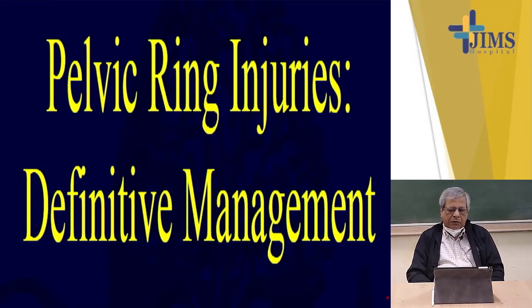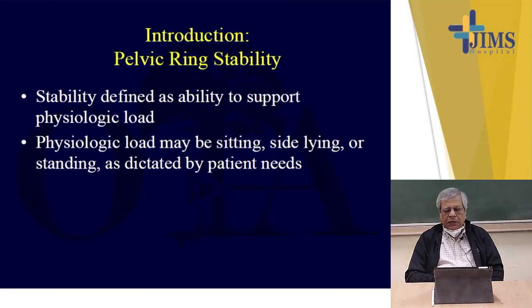But we are more concerned about the high energy injuries, whose incidence is rapidly rising because of motor vehicle accidents, either a crash or a pedestrian hit by an automobile, or maybe a fall from a height, such as maybe a 2 to 3 story building, and run over accidents. These high energy injuries, if not treated properly by the management of shock, then about 50% of them